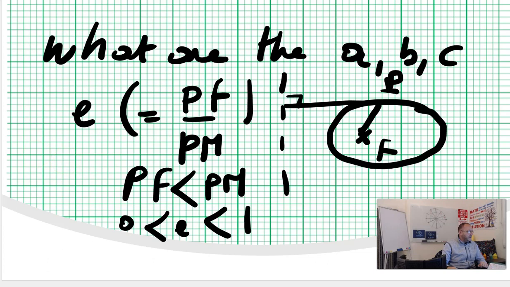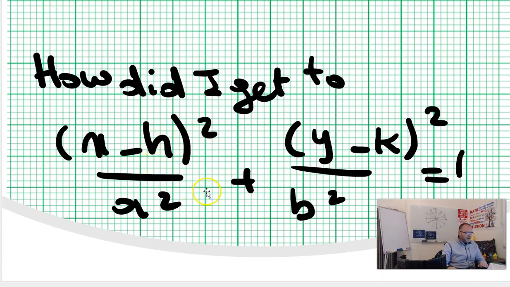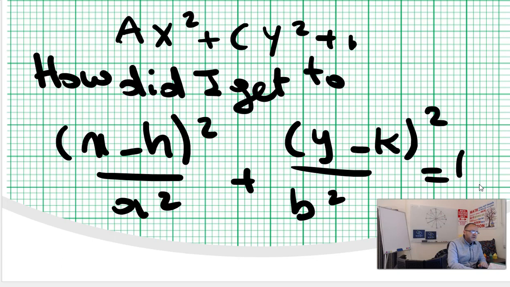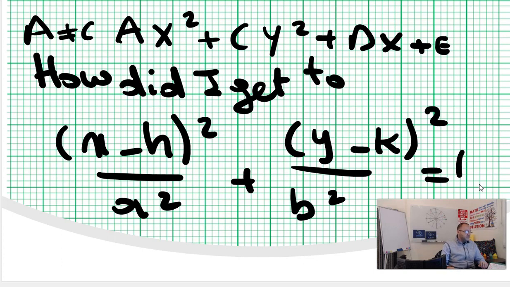Okay? Now, also, if we have time, how did I get to this (x minus h) squared divided by a squared plus (y minus k) squared divided by b squared equals 1 as the general formula, or the standard formula, of an ellipse? Remember, the general formula is the conic section formula: Ax squared, there is no Bxy, plus Cy squared plus Dx plus Ey plus F equals 0. And the only thing I told you need to memorize for an ellipse is A is not equal to C, and A times C is greater than 0. Okay? So without further ado, let's start with